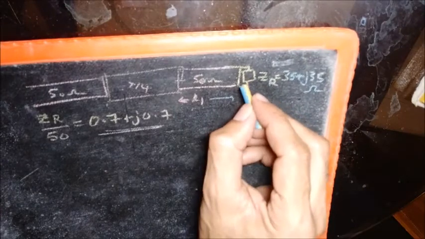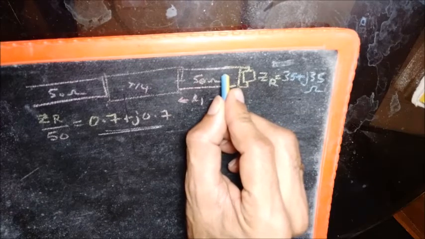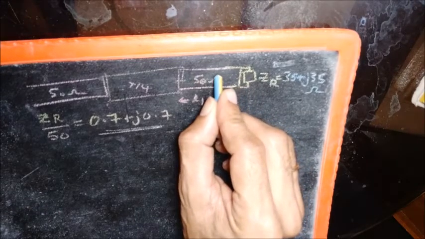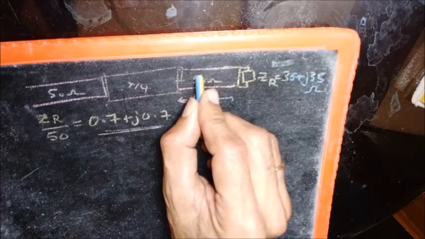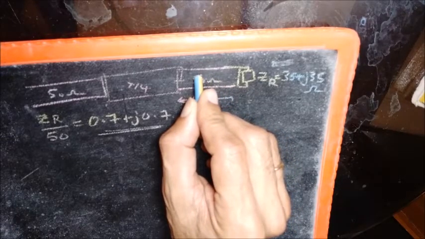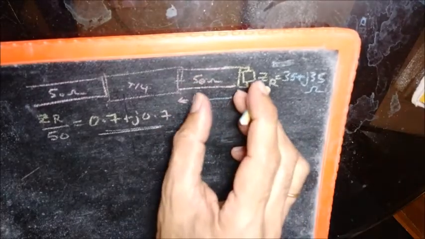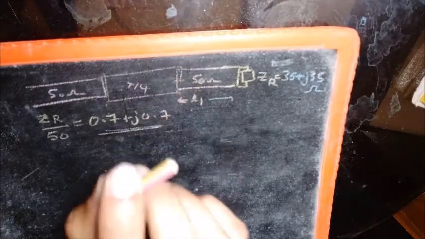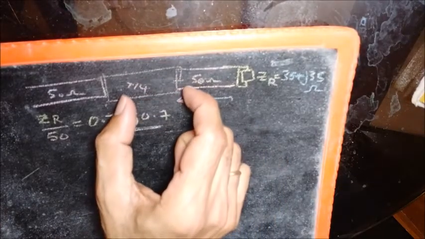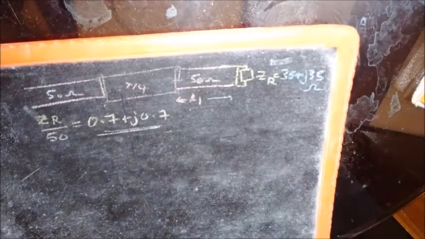So what we do is, I repeat, we have to move away from the load towards the source and keep on checking what is the line impedance. And at that point where the line impedance becomes purely resistive, that means real, we just cut the line. That is our L1. If we cut the line there, the input impedance will be purely resistive, will be real. And then we can use this lambda by 4 line, with appropriate choice of its characteristic impedance, to match it with the 50 ohm line. So that is our task.